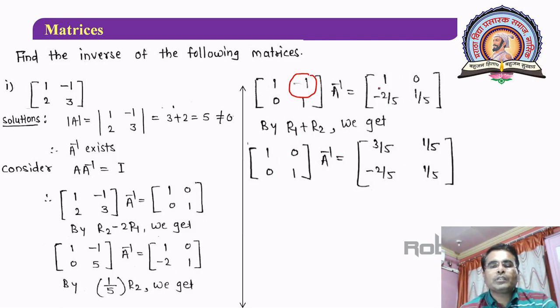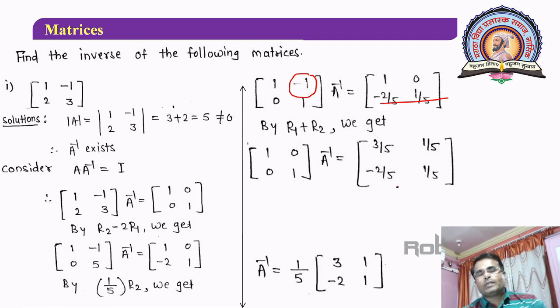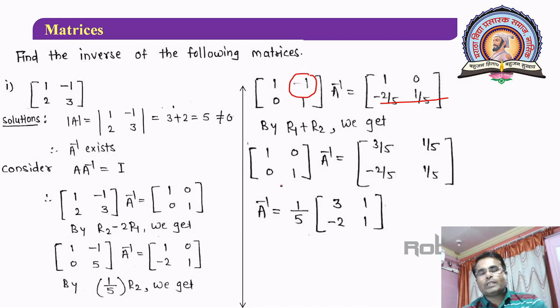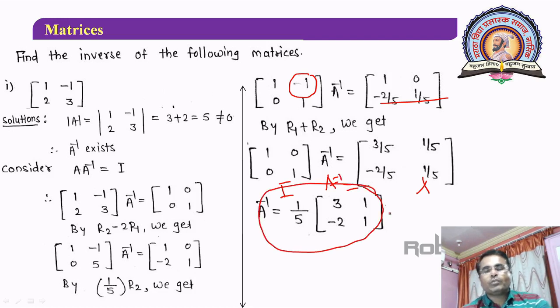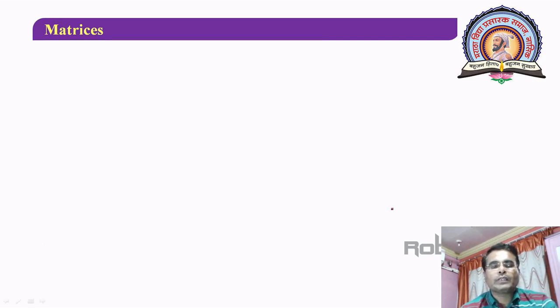The same thing happens here also, 1 minus 2 by 5, that is 3 by 5, 0 plus 1 by 5, that is 1 by 5, and second row 2 by 5, 1 by 5 with negative sign, that is as it is, and hence this is of the type I into A inverse is equal to X, and therefore it is clear that this is A inverse. So it is clear that we have got the required inverse. This right hand side is nothing but your required inverse of a matrix. This way you can consider.